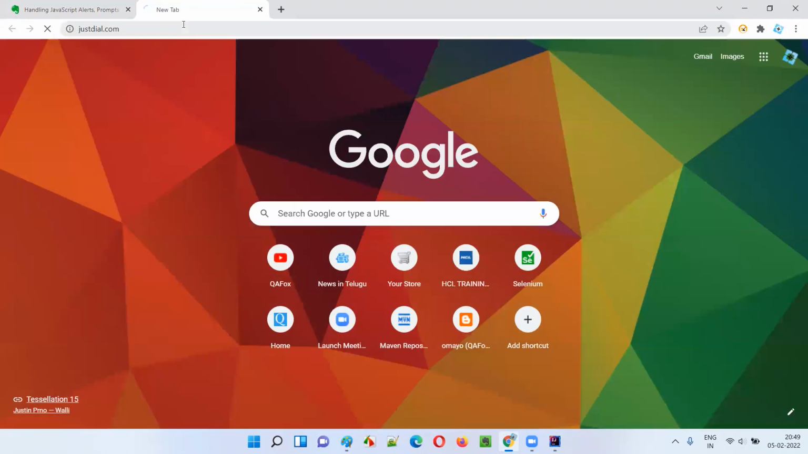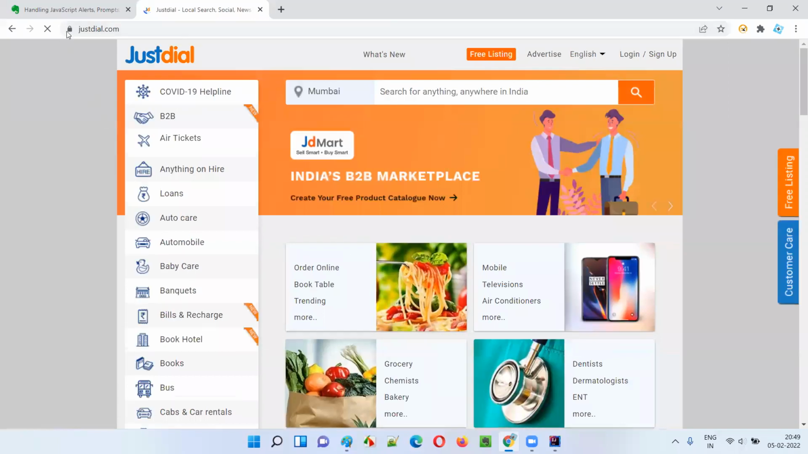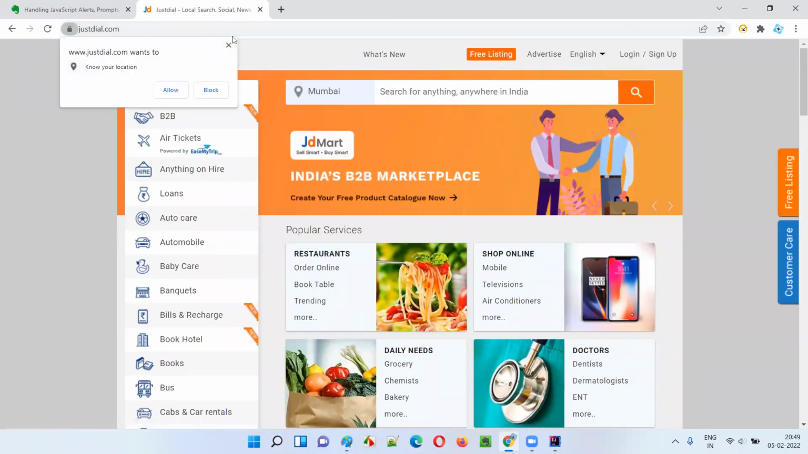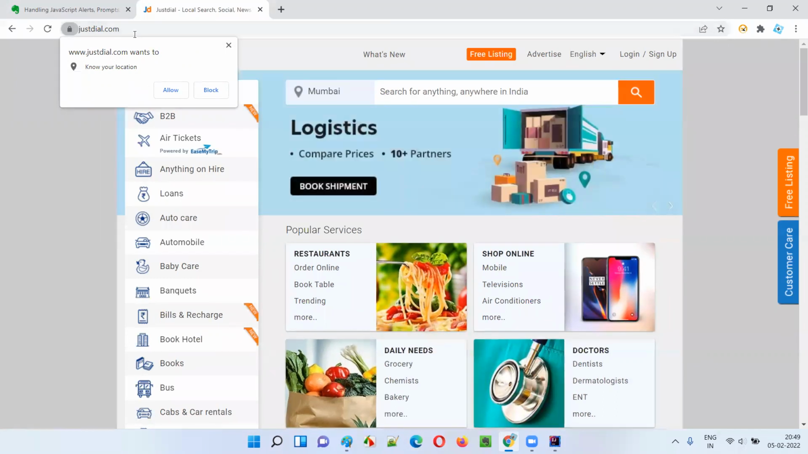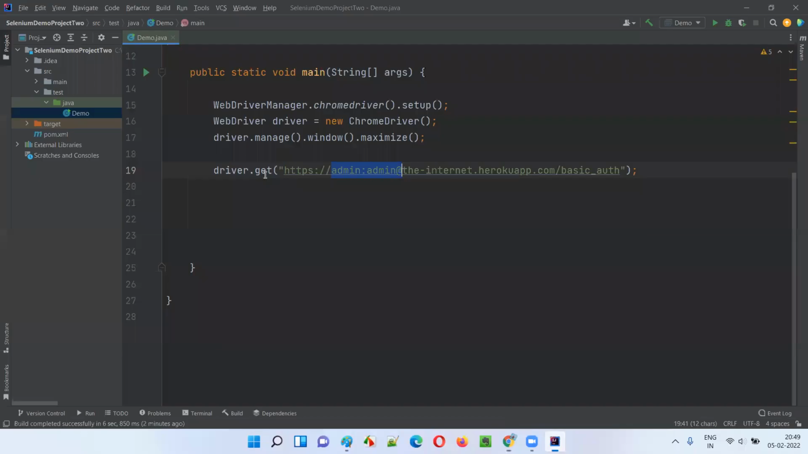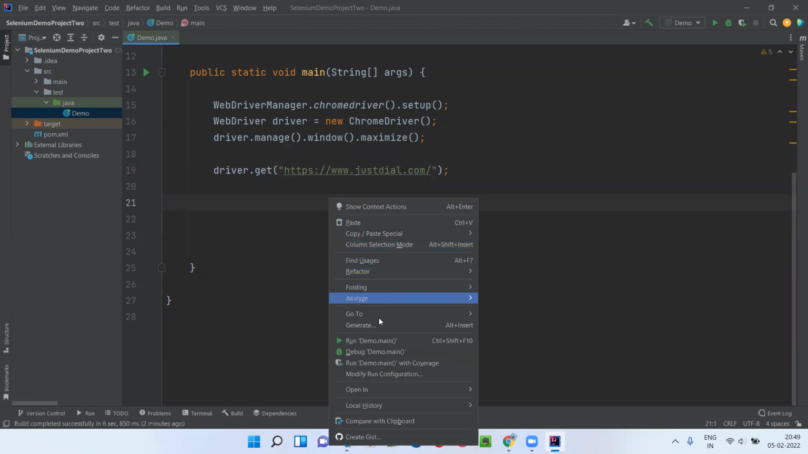For example, if you go to some websites like justdial.com, let's see. You see, you got a push notification here, right? The moment I browsed justdial.com, I got this push notification. Even if I copy this URL and run it here with driver.get and run this code here,